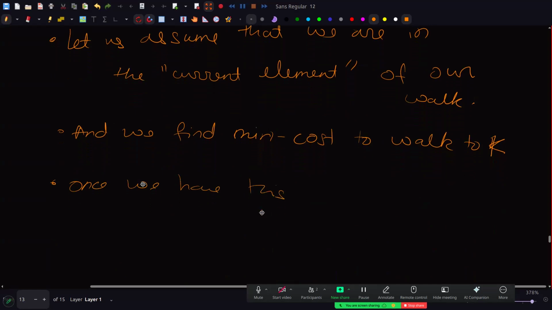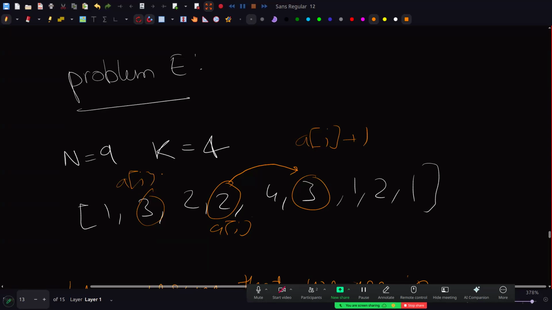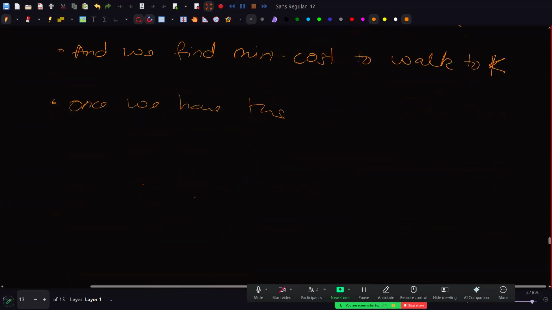then we simply need to check from my element AI, what is my minimum cost to reach K? And we only need to check all the elements which have value AI plus 1, right? So from 2, we need to check 3. From 1, we need to check all the 2s. From 3, we need to check 4. So we need to check all the elements which have value AI plus 1, correct? For element AI,